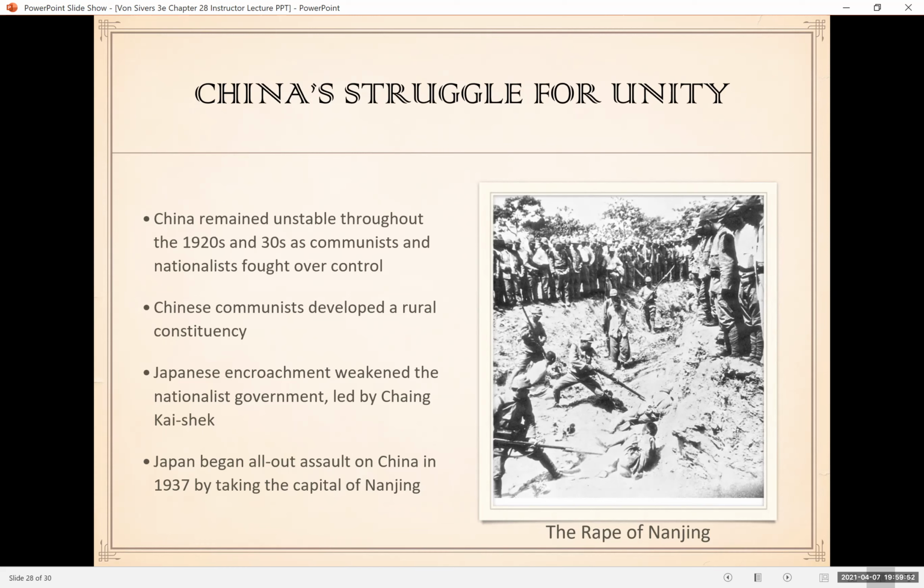In order to make sure they have gotten the government out of the way, the Japanese are going to start in 1937 an all out military assault on China. And this is known as the Rape of Nanjing, where they take the capital of Nanjing and start killing people. It is a genocide of unbelievable proportions with